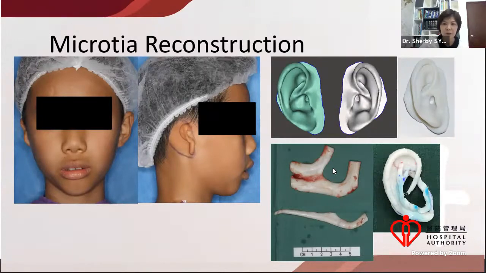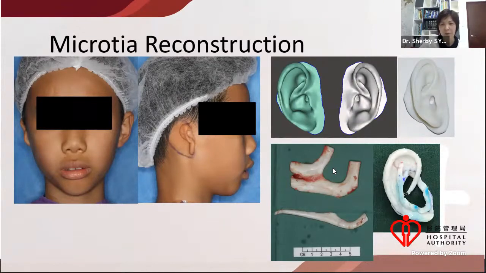In our approach, we usually will do the Nagata two-stage reconstruction with the patient's own rib cartilage. In order to avoid radiation of the CT scan in this age group, the normal ear, which is the contralateral ear, will be scanned with a 3D scanner, and a flipped image will be produced in the computer. And the